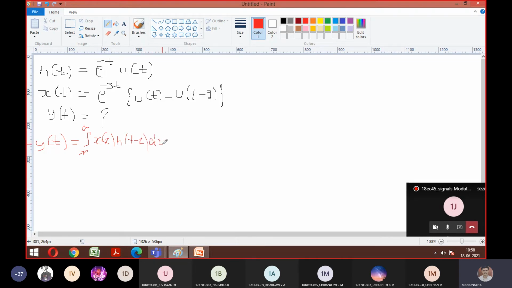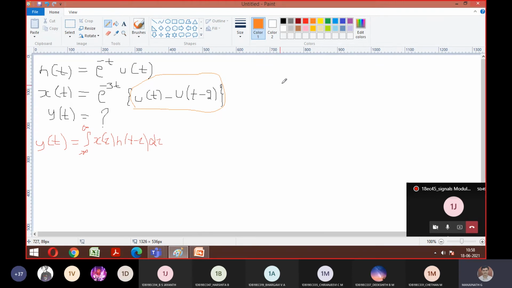Okay. Next. Now you should tell me what is the thing I want. I want x of tau. So I have x of t with me. So x of t, x of tau. What is the difference? There is an extra tau here. Correct? So let's try to analyze this, because it is a product of an exponential and a unit step function. Agree?